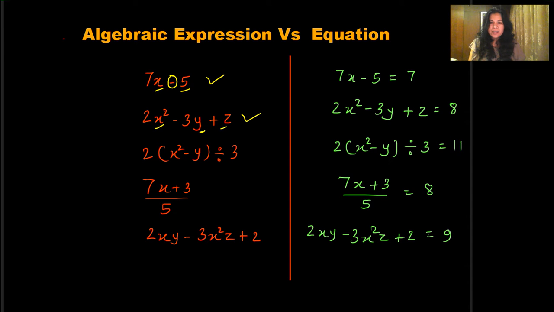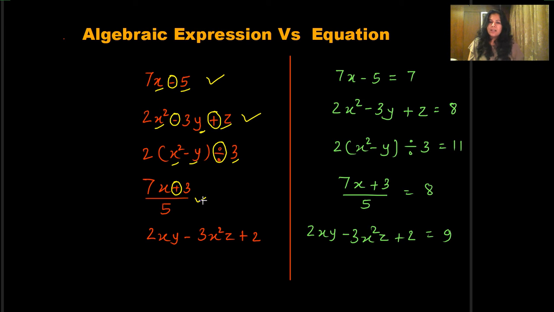Now, in the next expression, you can see, children, that I have used the variables x, y and z, and those variables and terms are combined together by mathematical operators like subtraction and addition. In the next expression, the variables are x and y, and the constant term is 3, and the mathematical operator I have used here is division. In the next example, I have used the variable x and the constant terms 3 and 5, and the mathematical operators I have used are addition and division, children.